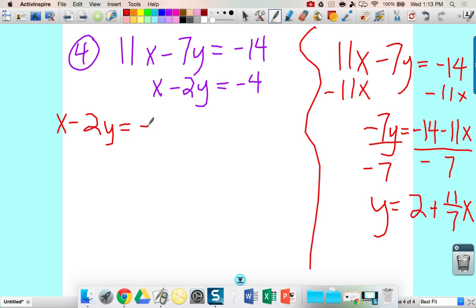If you look at this one, if I solve for y, I would subtract x on both sides and then divide everything by -2. And so you would still get a fraction. It would actually be the slope of that equation, okay? It would be a positive 1/2. So it would be 1/2 x plus 2. So you would say 1 divided by 1 on both sides. Well, not divided by, but